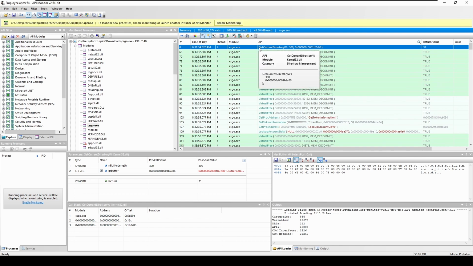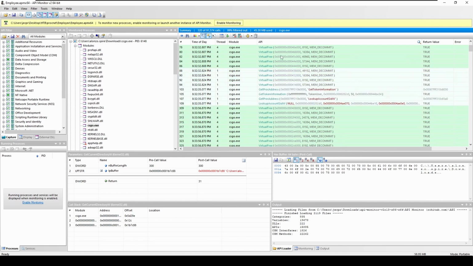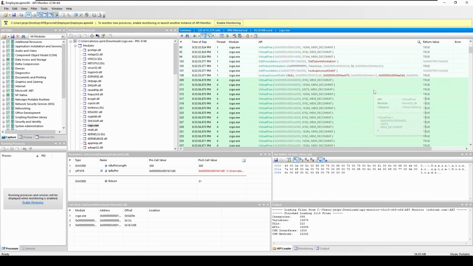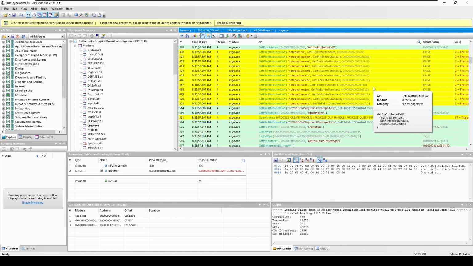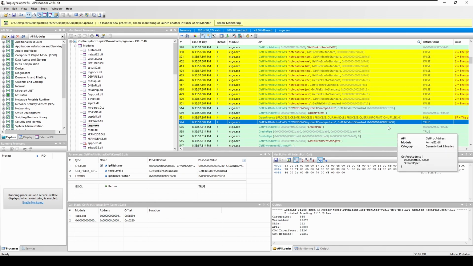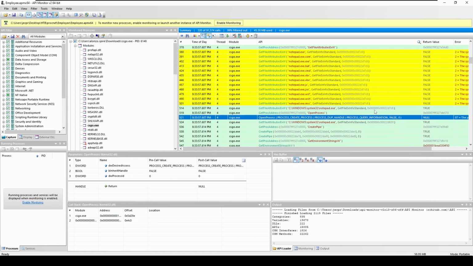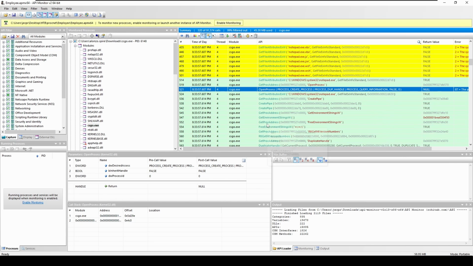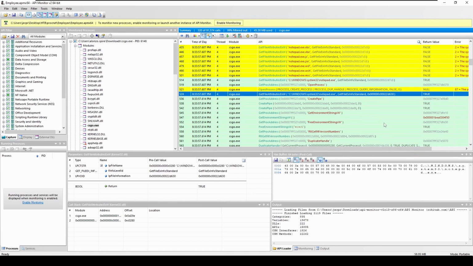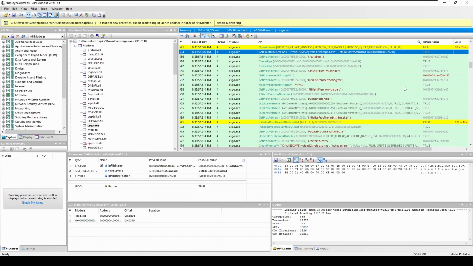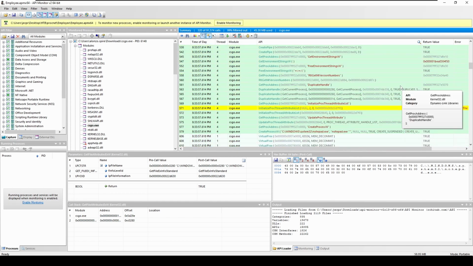So first API call is get current directory. There's some memory stuff happening. And if we follow through, we can see that there's an open process call to run notepad.exe. Now, Notepad itself isn't inherently suspicious, but you know, spawning sub-processes from an executable is always suspicious. But if we keep following down,